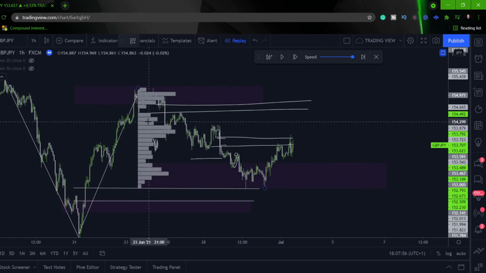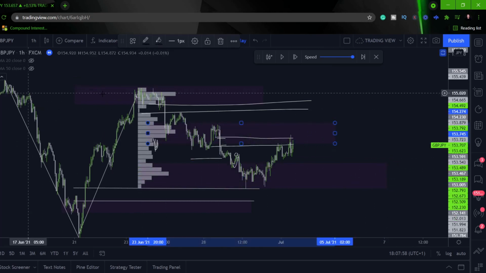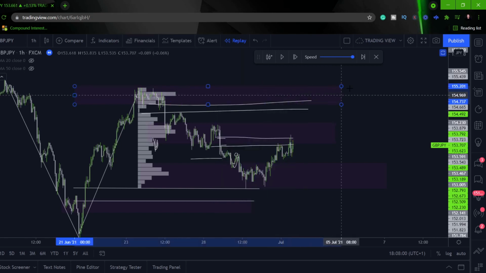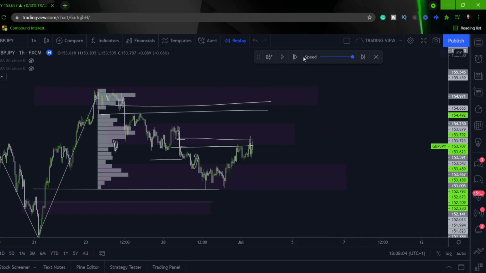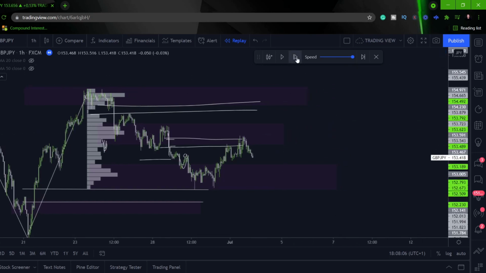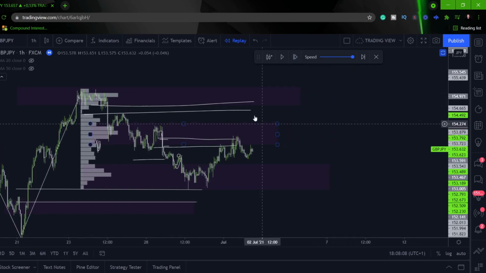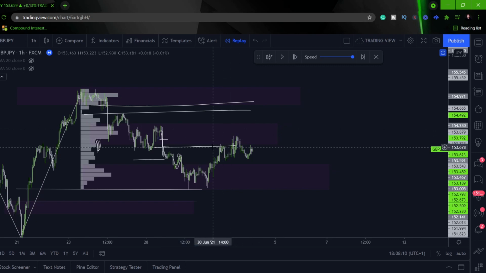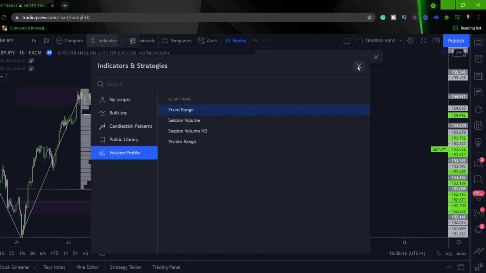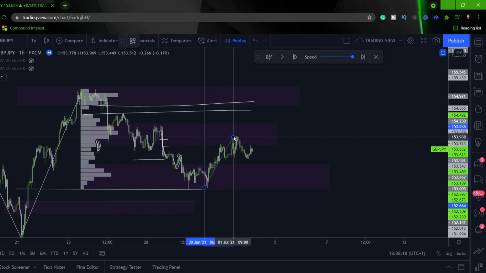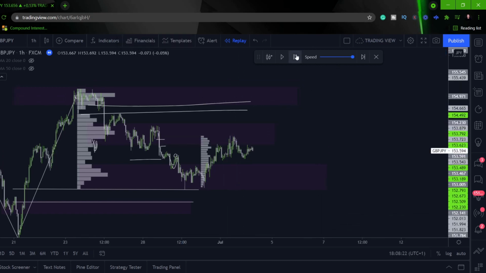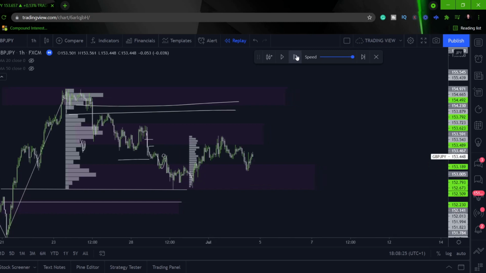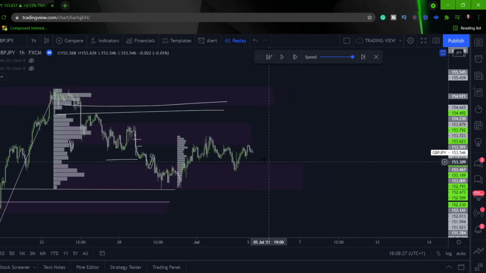Got a lot of orders through there, and again we got this demand zone through here, right, with some inefficiencies. So as we're pushing up, fill the imbalance. Tap back down into this demand zone,